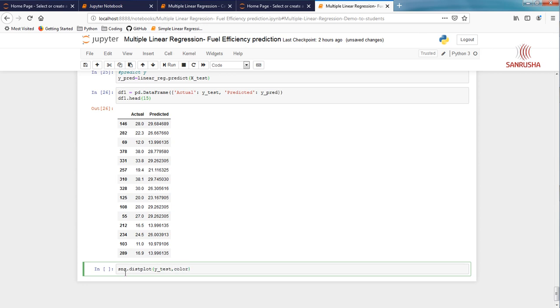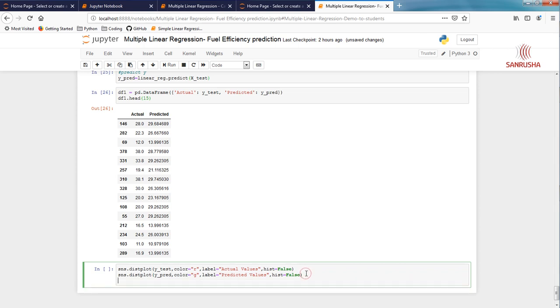We're going to say color equals, let's say red, and label equals actual values, and let's say we don't want histogram, so hist equals False. And let's do the same thing for y_pred, but this time for y_pred we're going to give color as green, and we're going to put the label as predicted values, and let's show it.